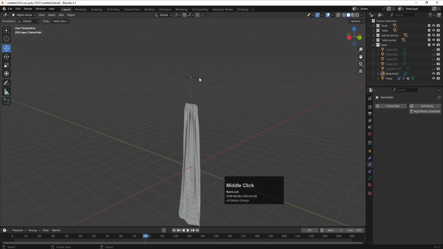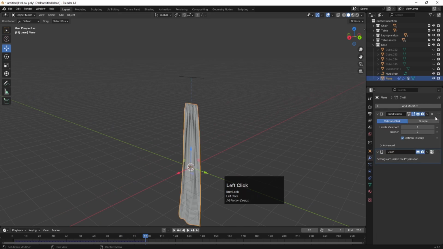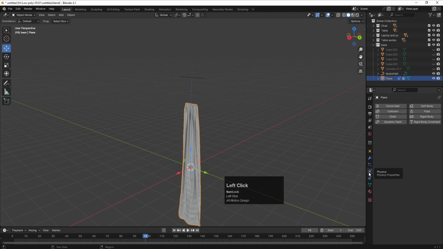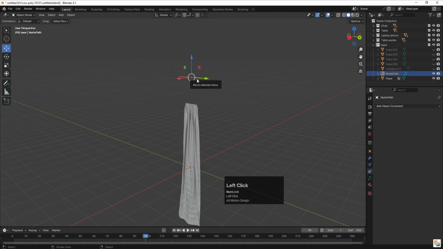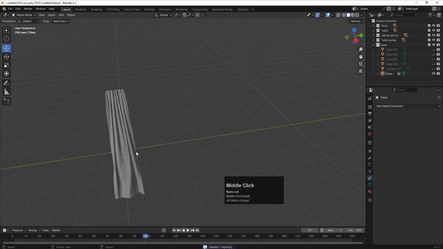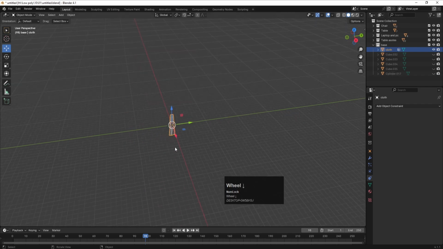Okay, then I'm going to select this, I'll go to the modify, I'll apply this subdivision surface, then I'll apply this cloth, then I'll go to the physics or any other stuff like this copy scale, I'll choose apply, and I'll delete this stuff. I'll select this, right click, and choose shade smooth. Okay, and if you hit tab I'll get this kind of structure. So our cloth is ready, so let's double click and name it as cloth over here,